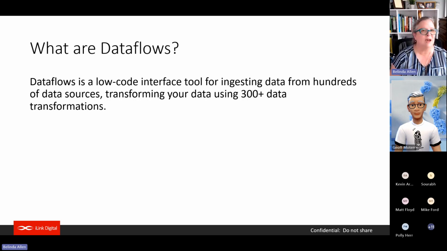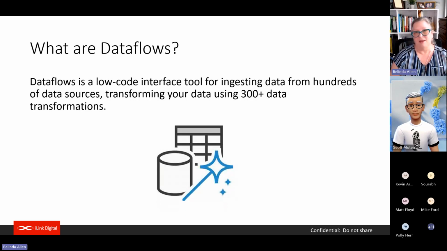Now we have data flows in Power BI as well. And if you've used it in Power BI, you know, you can connect to data and do your modeling, and then that'll become a permanent data source that you can connect to where the data is already modeled. Gen 2 is similar to that, and so it's a little bit different. The data flows in Fabric, we'll talk about that more in a moment, but essentially it is Power Query. Dataflow is Power Query, where we're using it to ingest data, to get our data, to do our transforming, and to start the loading process for the data model.